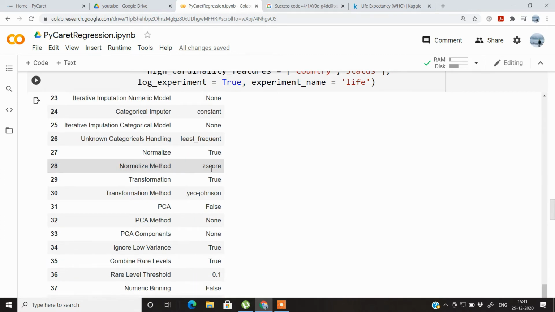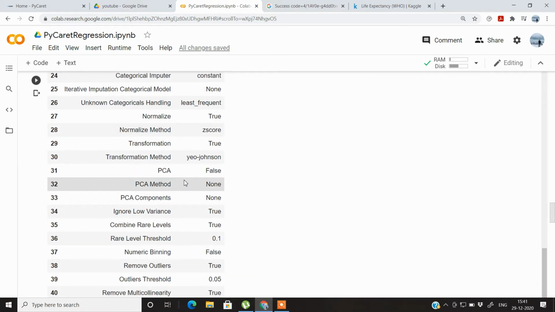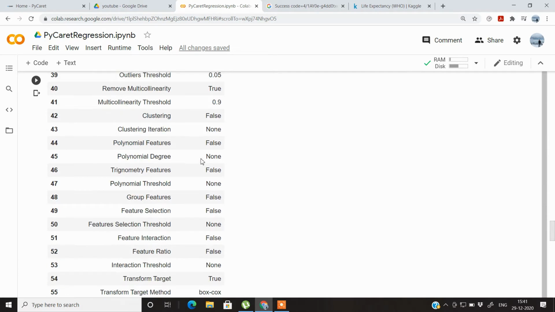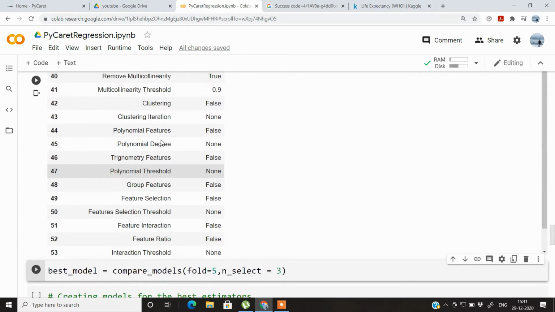Even the normalize method, which was z-score, and whether PCA was applied or not, is also mentioned. Then the transformation method that we used is Yeo-Johnson, and many other things are mentioned after running the setup command.